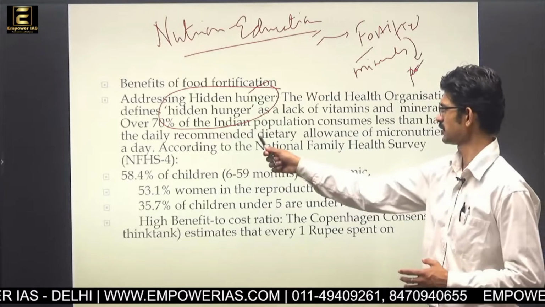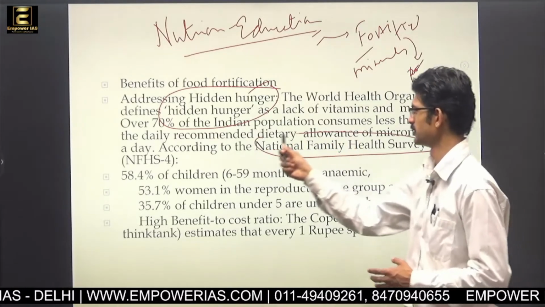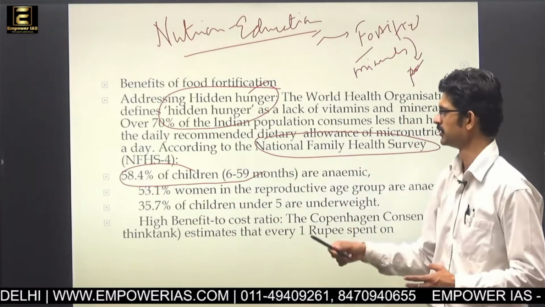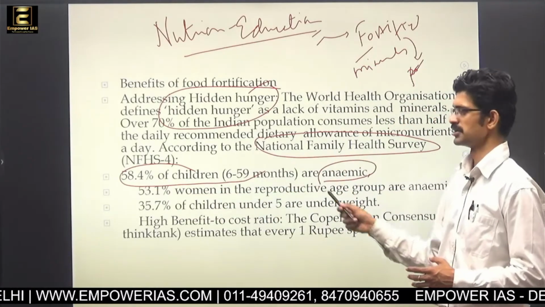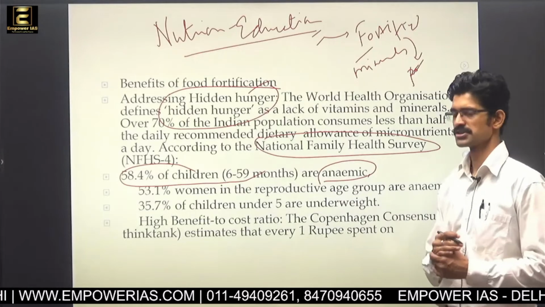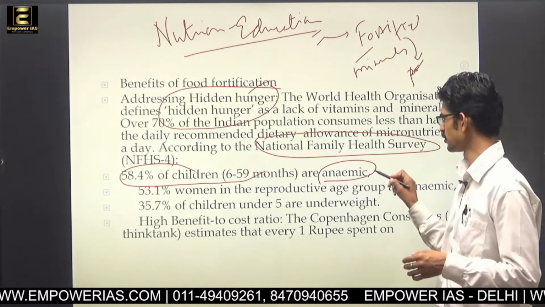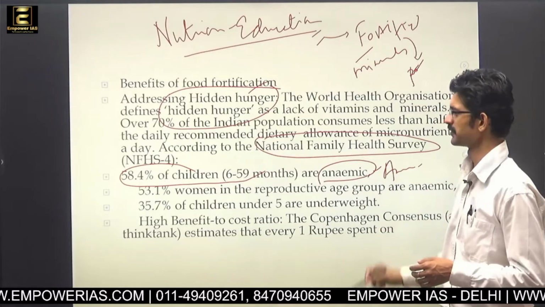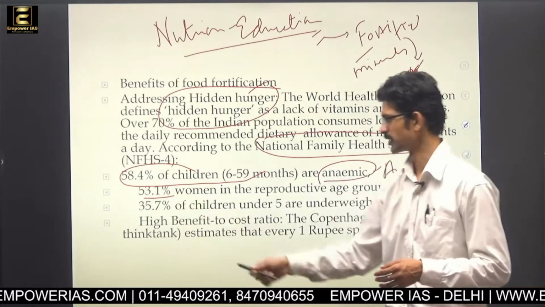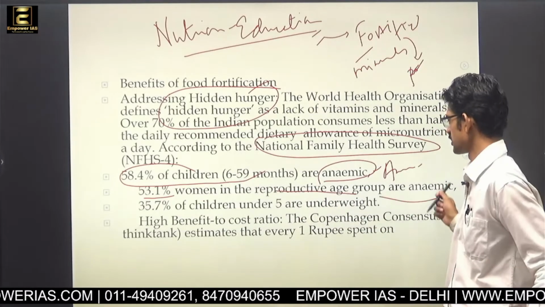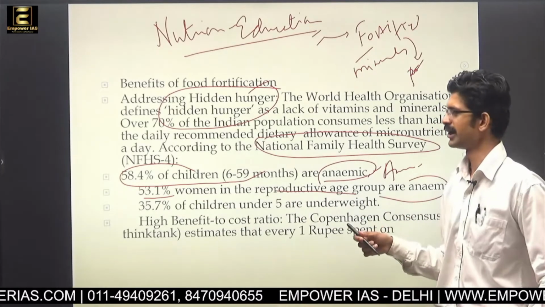So National Family Health Survey data shows that 58.4% of children are anemic in nature. जो बच्चे हमारे देश में हैं 6 से 59 वर्ष की आयु के, उन्हें पहले से ही अनीमिया हो जा रहा है. And 53% of women, 53% महिलाएं in the reproductive age are anemic in nature,